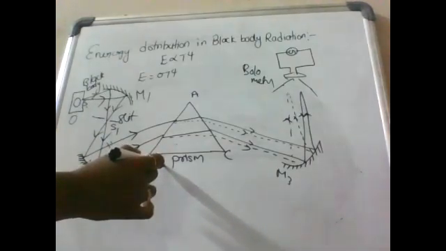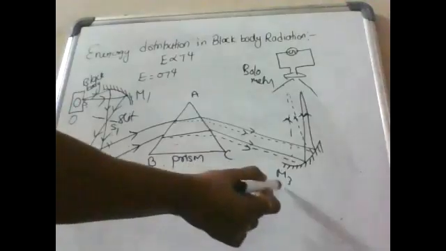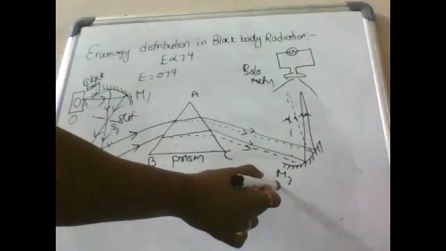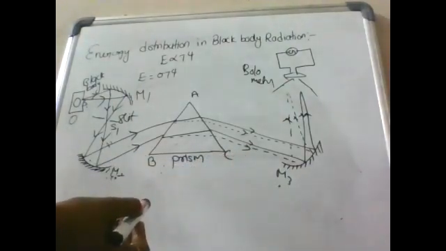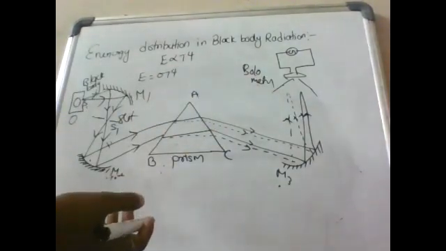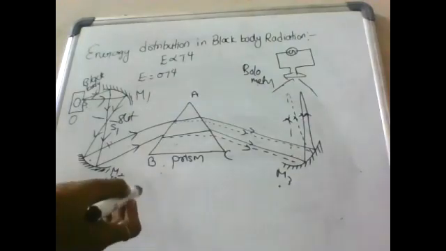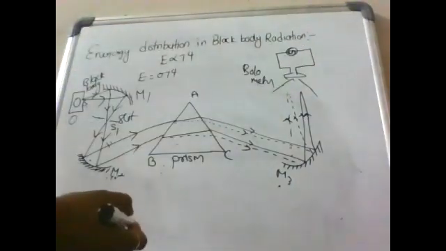The prism produces the spectrum of radiation, that means different wavelengths are deviated in different directions. The emergent dispersed beam is incident on concave mirror M3. This mirror focuses different wavelengths at different angles. The radiation is detected by means of a bolometer. The bolometer is of the linear type due to Lummer and Kurlbaum and is fitted with galvanometer G.